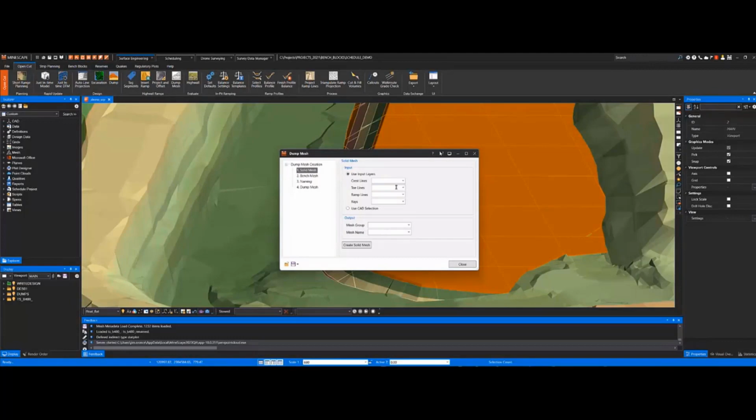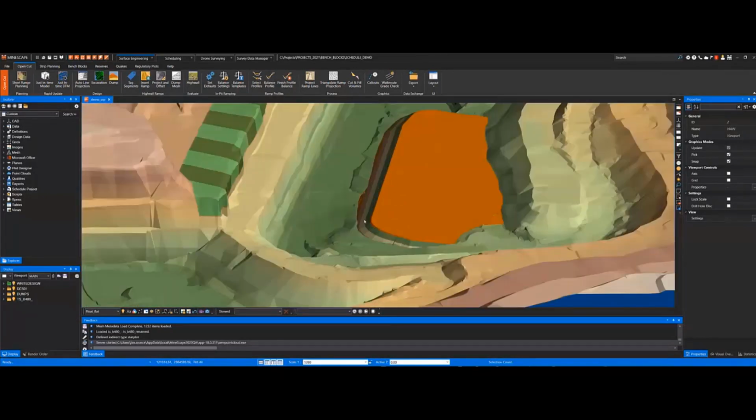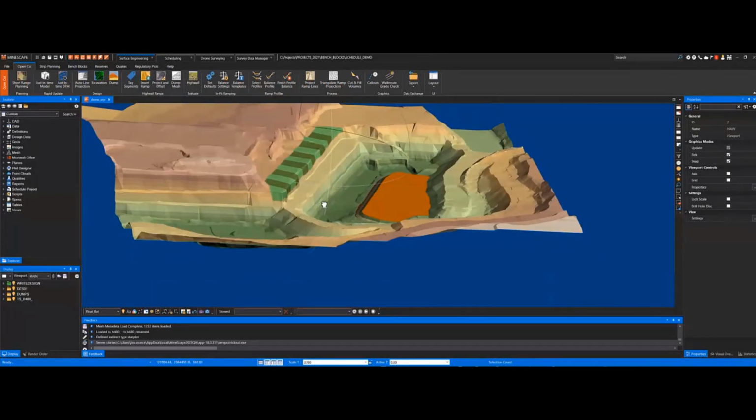You can create it from here, or you can bring in an already created one and then slice it up by inputting and outputting your mesh here. This first one's building it, this one's importing it, this one is the naming, how you want to name your bench, and this is how you put the grid on your mesh to create your dump blocks. It's really quick, it's fast, it's easy to use, it's interactive.